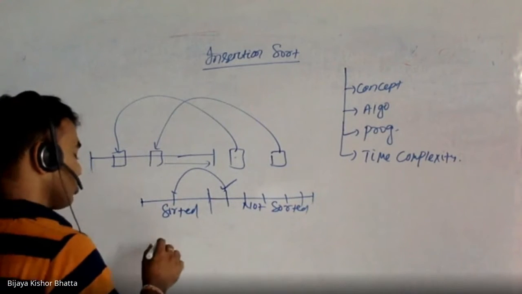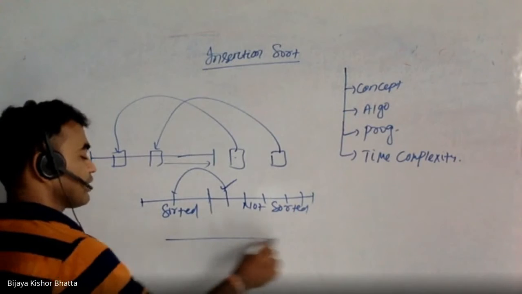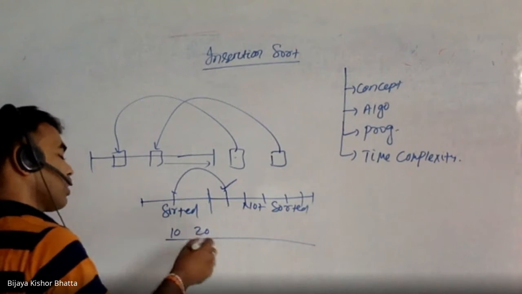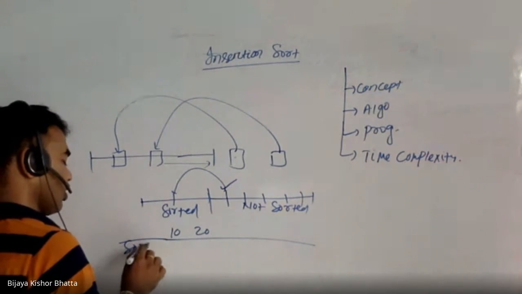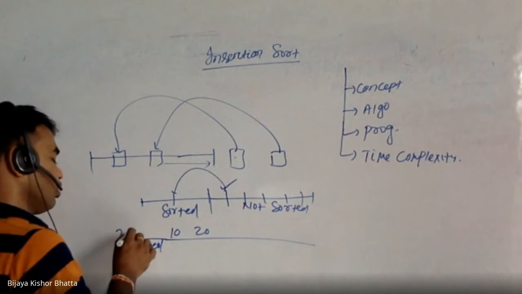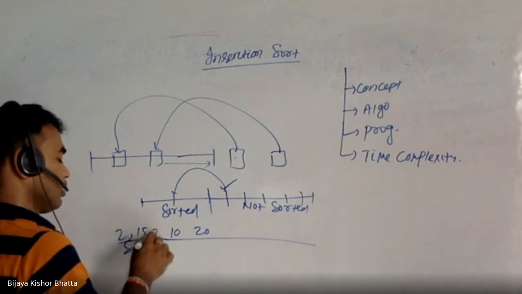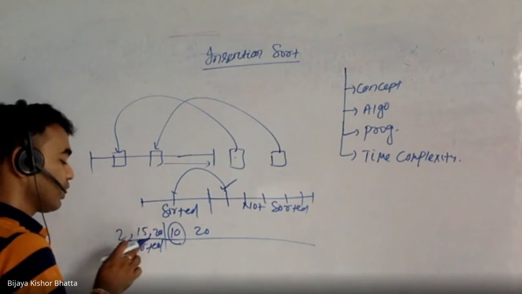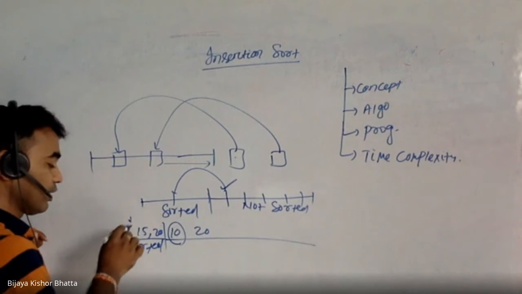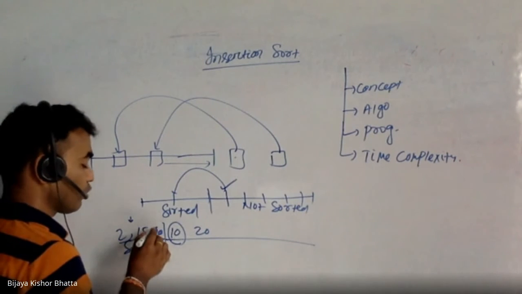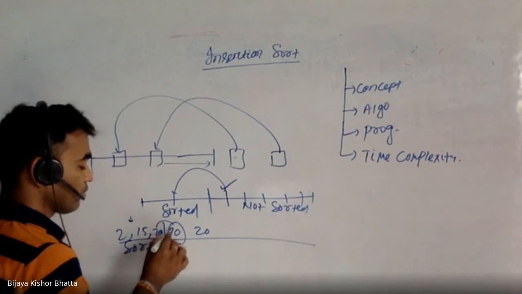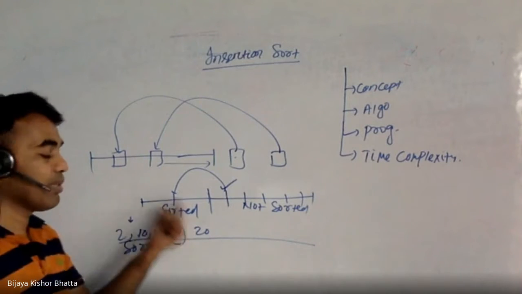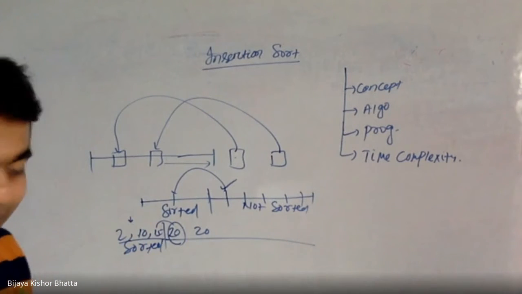So suppose initially some array is given, and everything is not sorted. I'll take an example, and you will keep on building a sorted array. Suppose this is your sorted array: 2, 15, 20, right? And 10 is coming. Where will 10 be placed? 10 will be placed here, right? That means you need to shift all these things. So 20 will be shifted here, 15 will come to here, and finally 10 will be placed here. Similarly, we will keep on doing this, right? So let's take an example and do it, right?